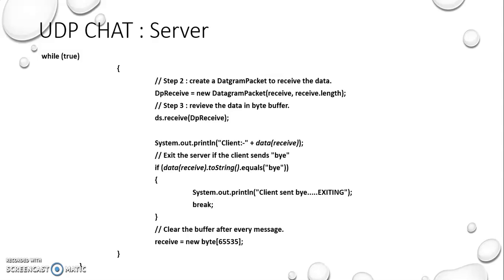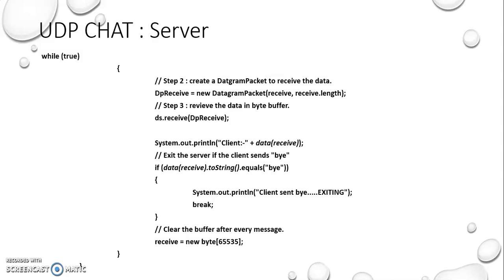So you are taking that received data into a function called data. Data is actually a function here. It's a StringBuilder, so it's going to build the string and display the data over there. And whenever it gets the message bye, it's going to terminate.